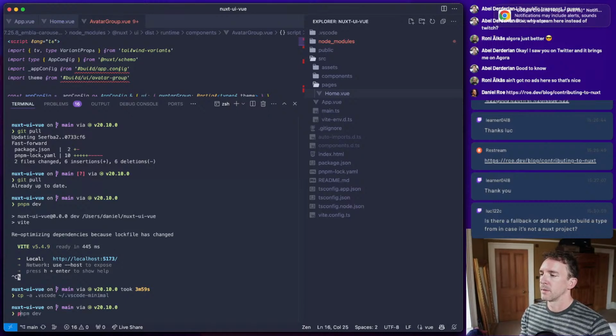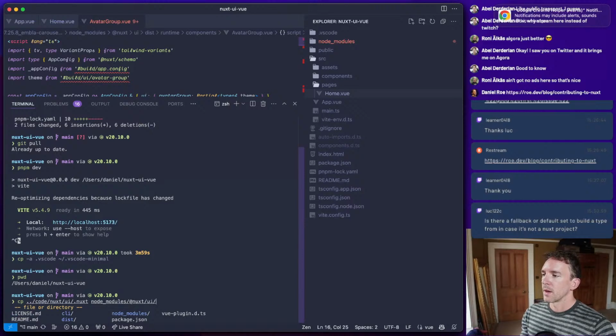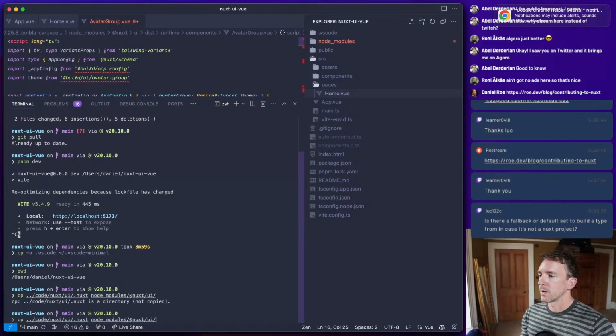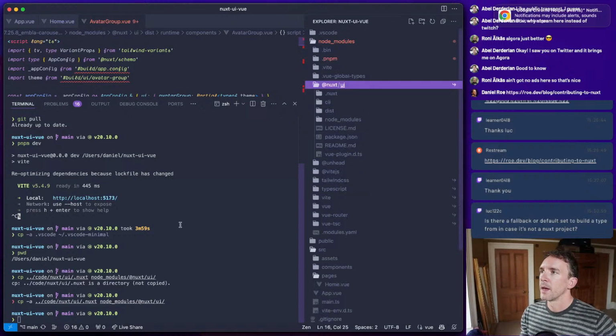Code nuxt UI dot nuxt. Okay, we're going to copy that into node modules. I'm doing this because I want to be in a project which doesn't have any of the types leaking. And we're going to copy this into nuxt UI. Okay. And now I'm going to open nuxt UI